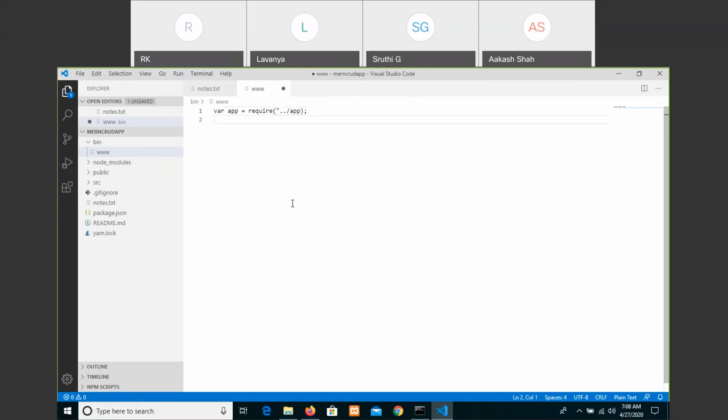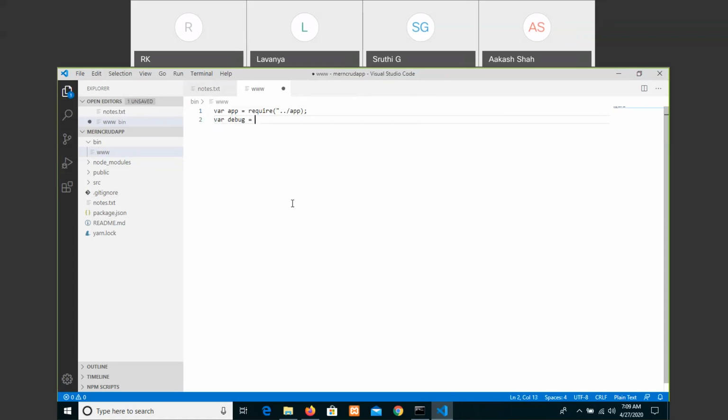And this should be debug. Whatever we are writing here, the configuration file, it's common. So you can just copy and paste also, irrespective of the application. But for our understanding purpose, I am just writing the lines here.